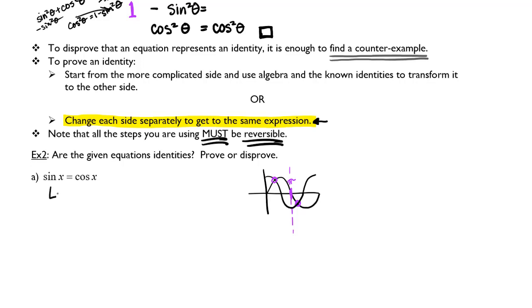So if I say let x equal pi, again, I'm not solving anything, I'm just substituting. I get sine of pi is equal to cosine of pi. Sine of pi is 0, and cosine of pi is -1. And clearly these two statements are not equal, and so the given